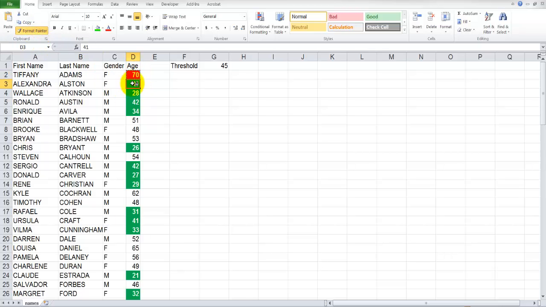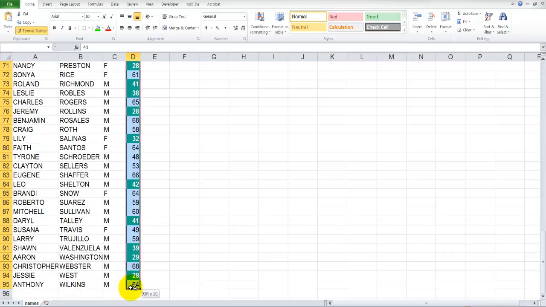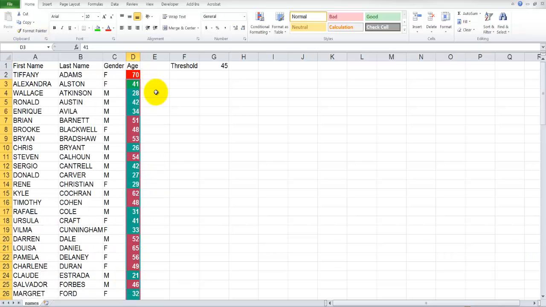Let's use the format painter and apply this format down. Overwrite any existing formats that were applied. And now we have something exactly what we intended to do, which is to utilize the threshold value and conditionally format these values with the red and green. However, I want to extend this example just a little bit, and in any case I have a red fill, I want the entire line to be red. And likewise, if we have an age that is filled with green, I want the entire row to also be